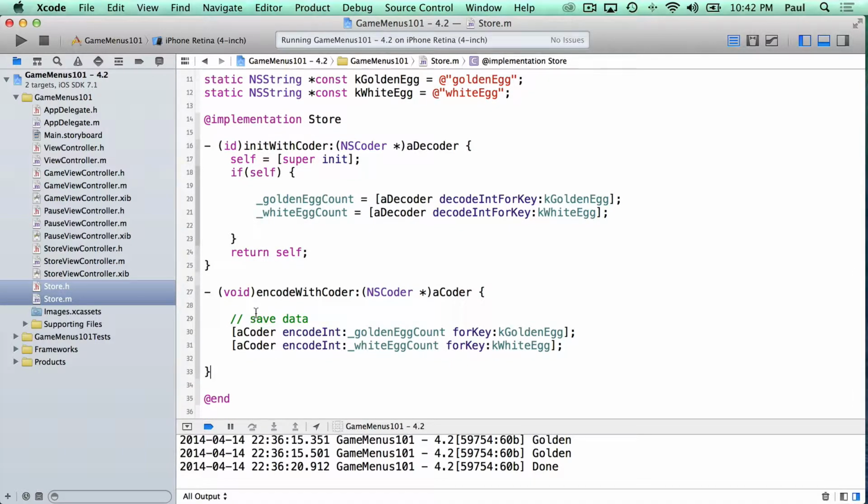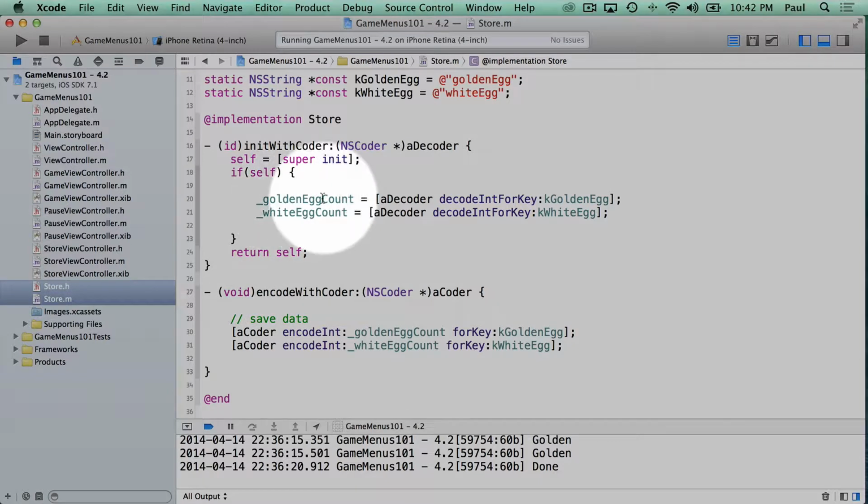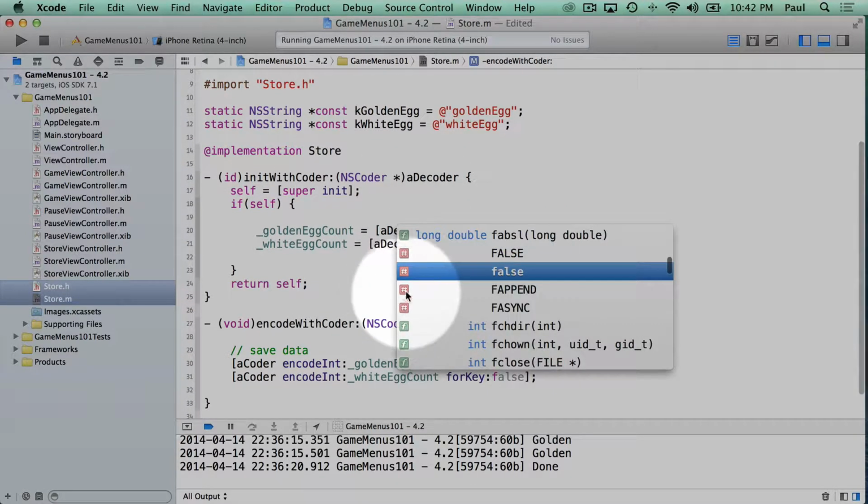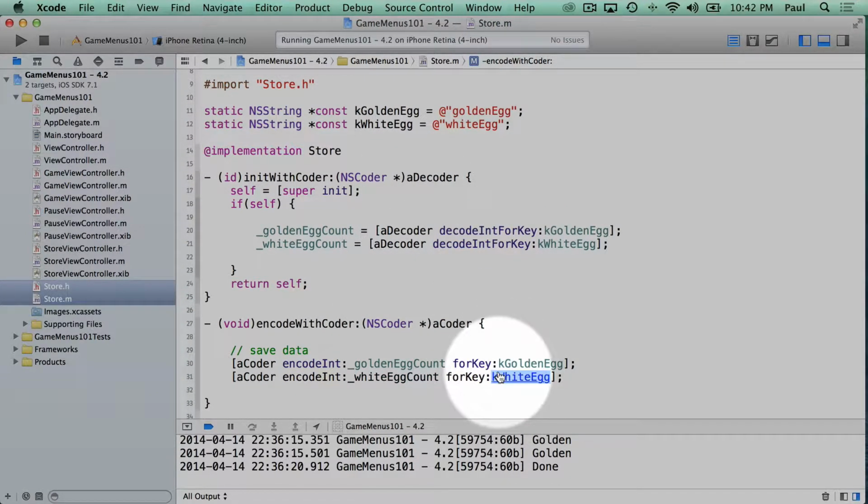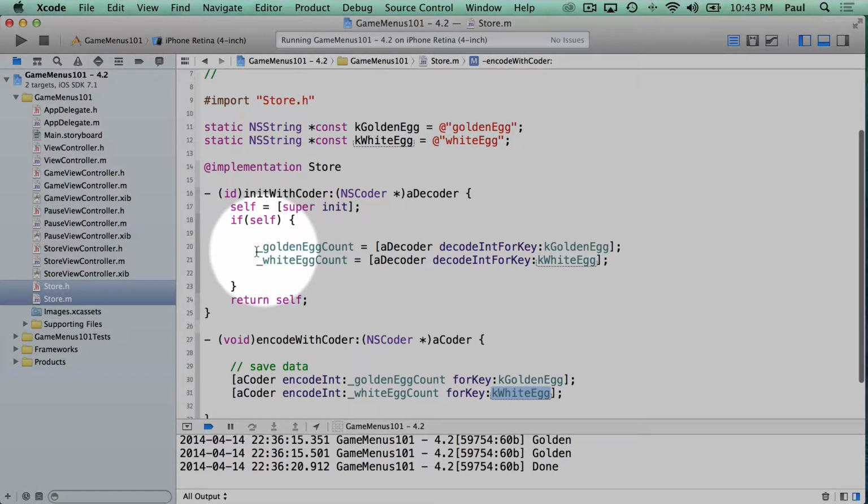Okay, so we have these two methods here. This is all of the logic that we really need to save and load. We just want to double check that golden egg matches golden egg and white egg matches white egg, and do the same thing down here. Golden egg matches golden egg and white egg matches white egg. If you don't do this check, you can run into issues. Okay, so we're all set here to save and load this data, which means we can start to incorporate this